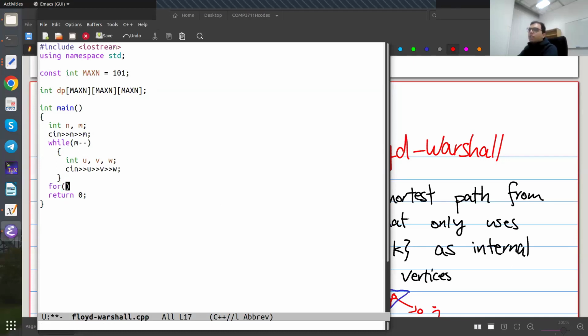So I say for every k from 0 to n, okay, and for every i from 1 to n, and for every j from 1 to n. So I want to calculate dp of i, j, k, right? So this is the shortest path from vertex i to vertex j that can only have the vertices from 1 to k as internal vertices. Now, the first case is that if k is 0, what happens then? I have to just write a special case here. If k is 0,